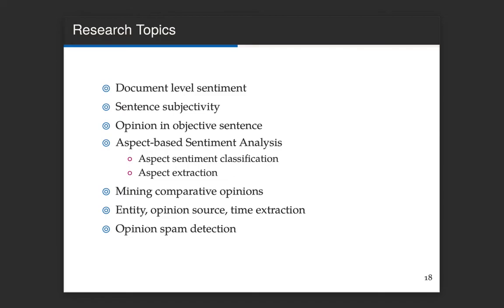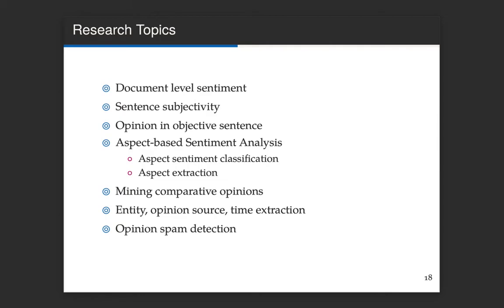So in this problem, document-level sentiment, what you are dealing with is that you are assuming that a document contains only one opinion, and that the aspect and the entity of that opinion are known beforehand. You also know the person who made the opinion, and the time, which might not be relevant.